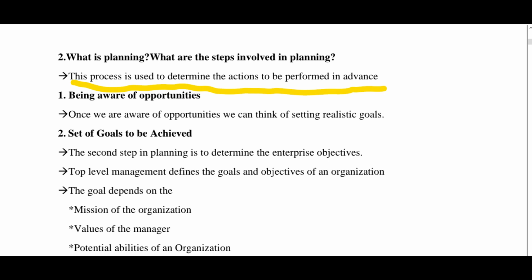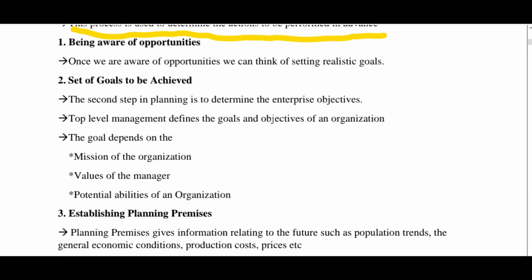The second step in planning is to determine the enterprise objectives, like what the enterprise or the organization wants to achieve. The top level management, like the CEO or the COO, defines the goals and objectives of an organization. The goals should depend on the mission of the organization, values of the manager, and potential abilities of